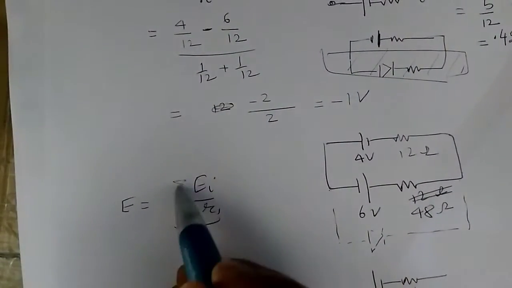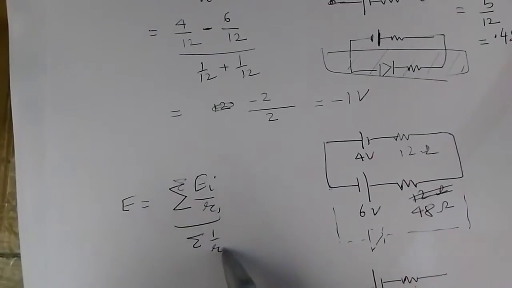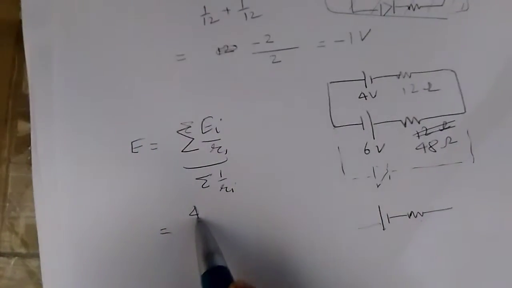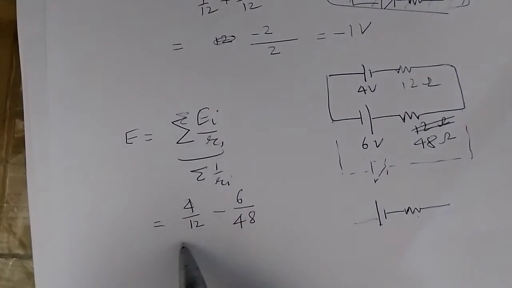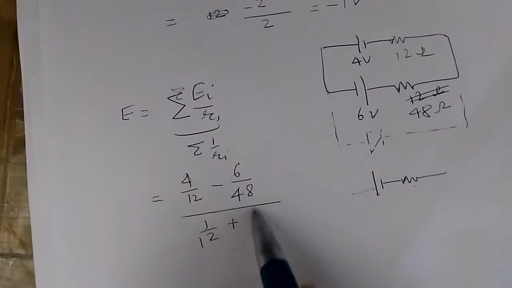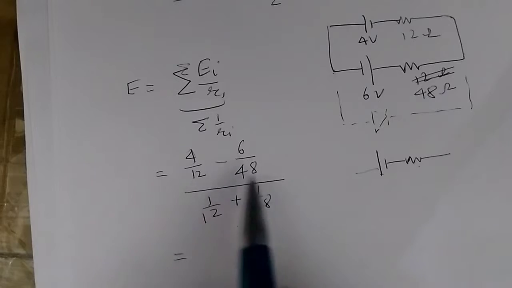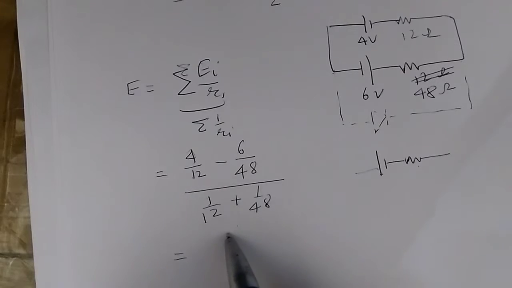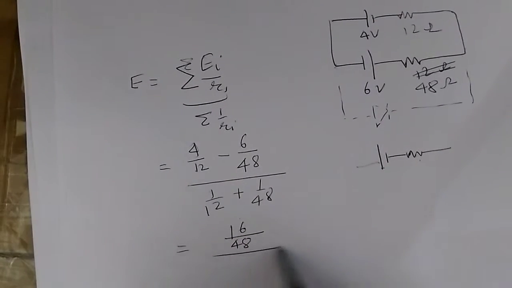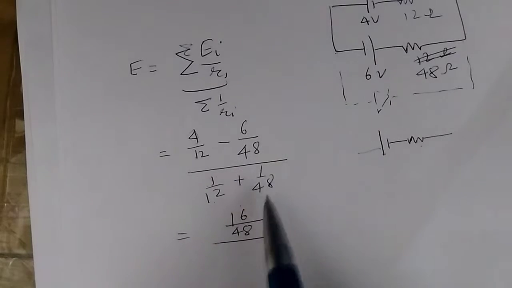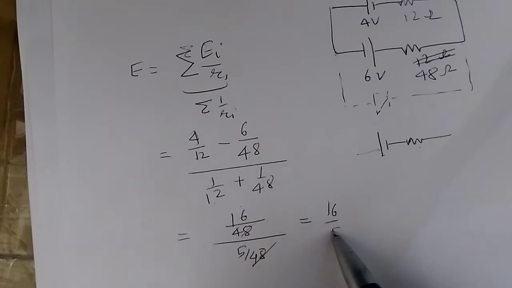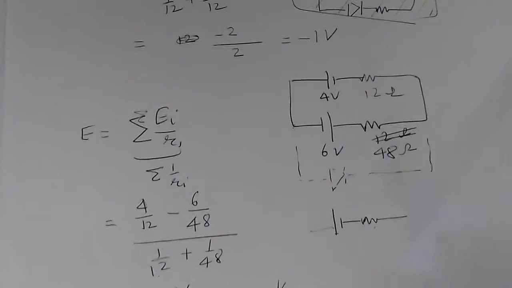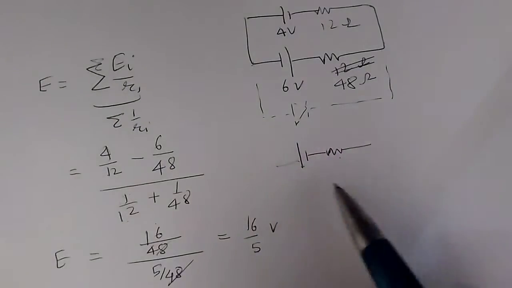sigma E_i by R_i divided by sigma 1 upon R_i. So 4 divided by 12, and this is minus 6, this time it is 48, divided by 1 by 12 plus 1 by 48. This becomes 12 into 4, 48, 4 into 4, 16, 16 minus 6 is 6, divided by 48, divided by 12 into 4 is 48, 4 plus 1, 5 by 48. 48 cancels, we have 16 by 5 volt. So effectively, we have a battery of 16 by 5 volt